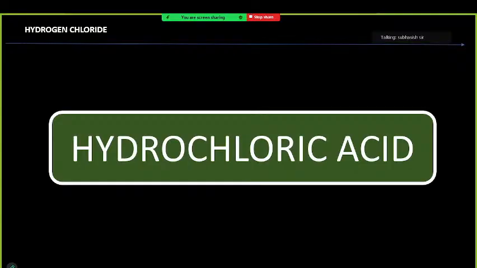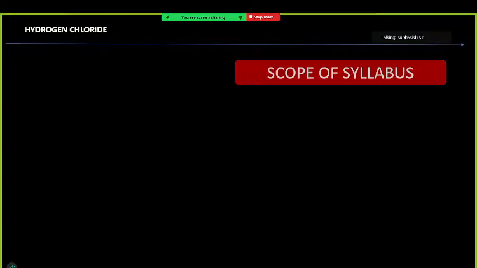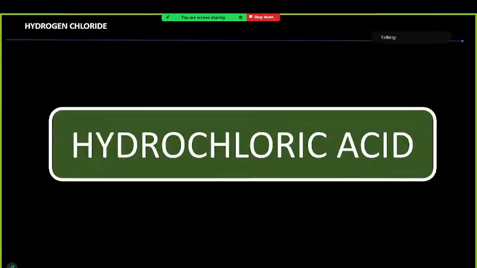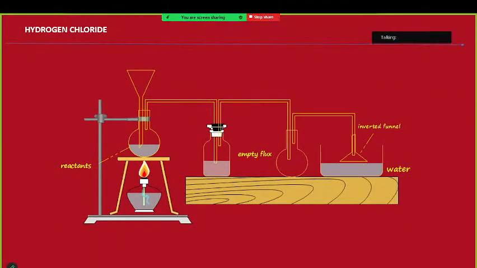Now we move on to the next topic, that is hydrochloric acid. Previously we have mentioned that hydrochloric acid is the aqueous solution of hydrogen chloride gas. So hydrochloric acid, after its formation, is passed through an empty